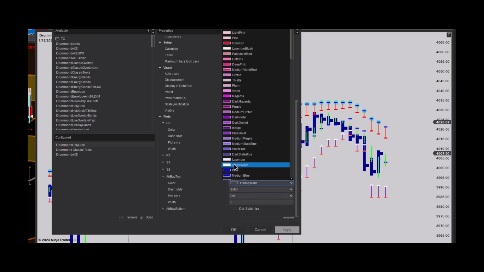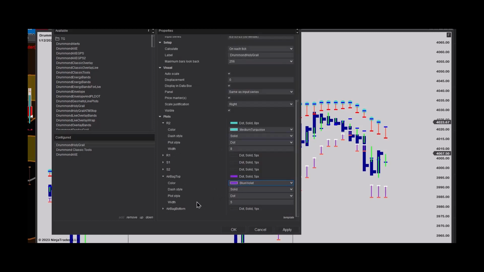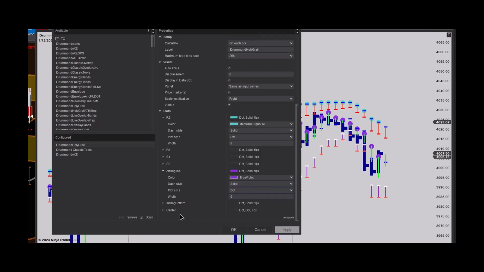Let's see what happens here. Let's make it blue violet for whatever reason. And we'll make it, again, large so you can see what happens. So it flags the airbag top. Okay. And the center also,